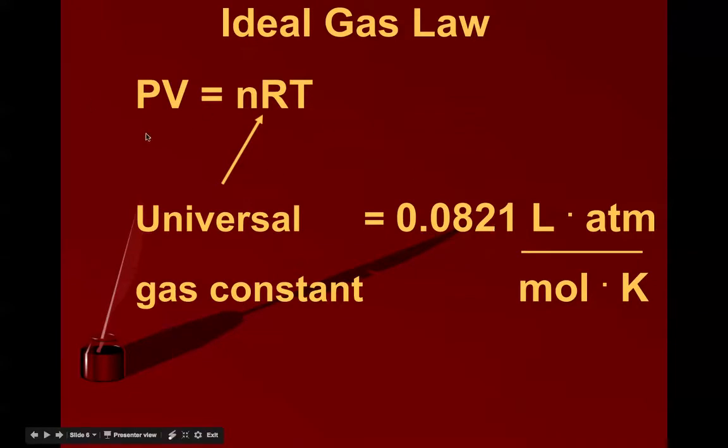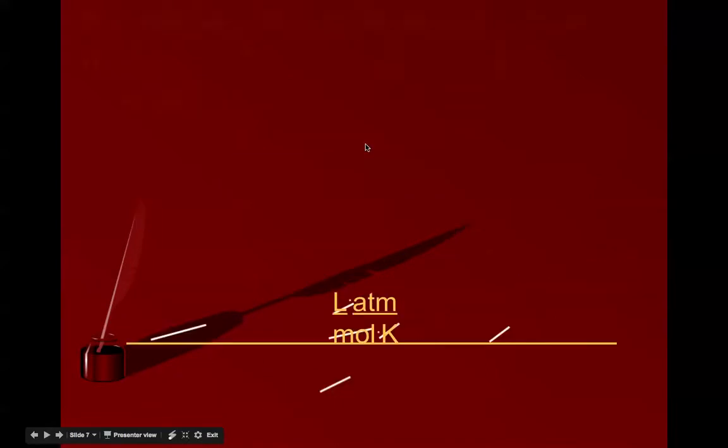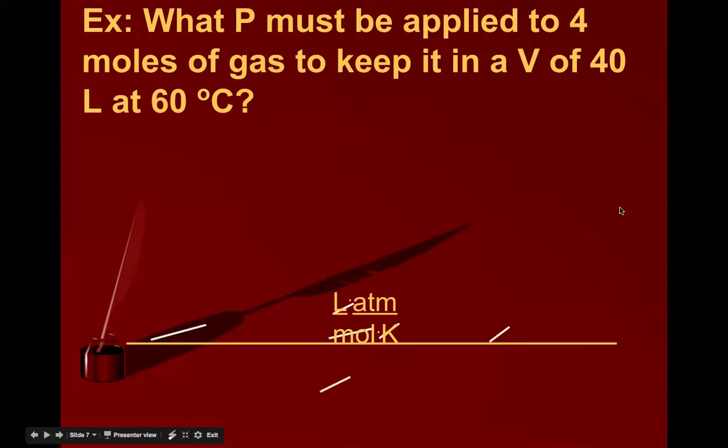We can find out any of our missing variables as long as we have the other three. Okay, so let's look at, oh, and of course temperature must be in Kelvin. Let's look at an example with this. What pressure must be applied to 4 moles of gas to keep it at a volume of 40 liters at